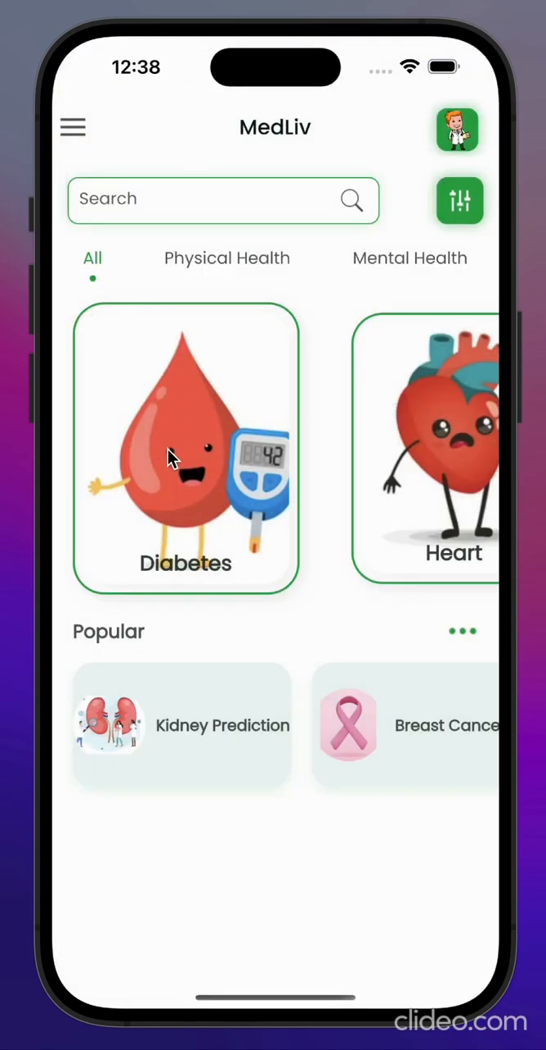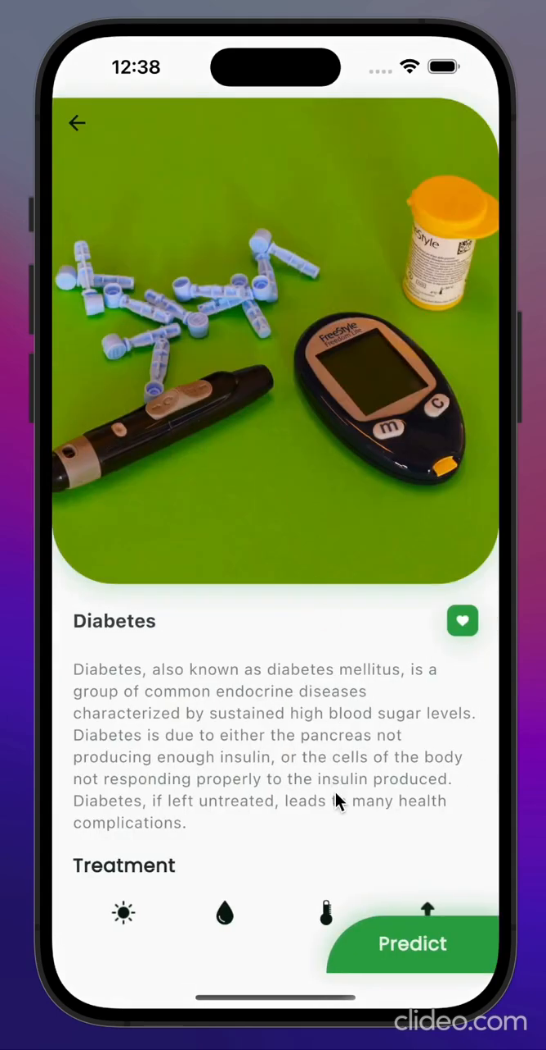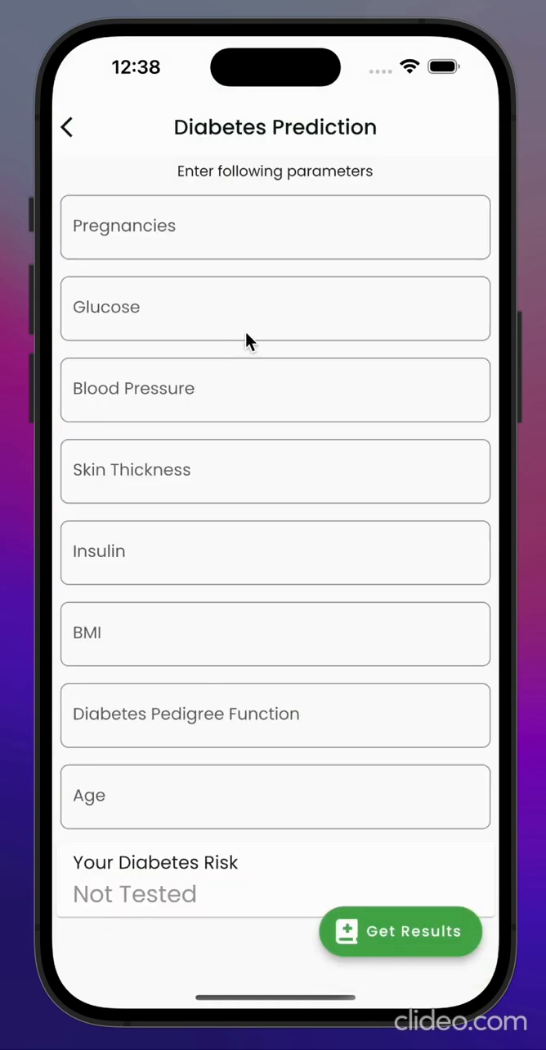Let us explore some other features of our application. Once you click on a certain disease, you will be taken to the disease's description page. You can click on predict and you will be taken to the page where you have to input all these values. We've already input the mean values of these features, so in case you don't have a few of them,